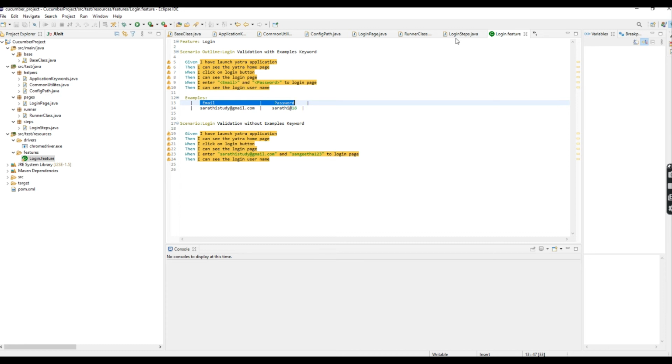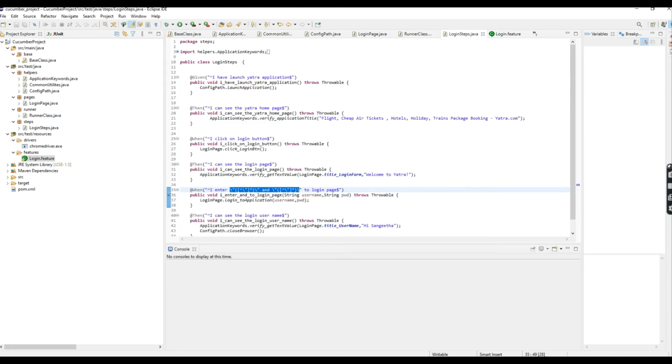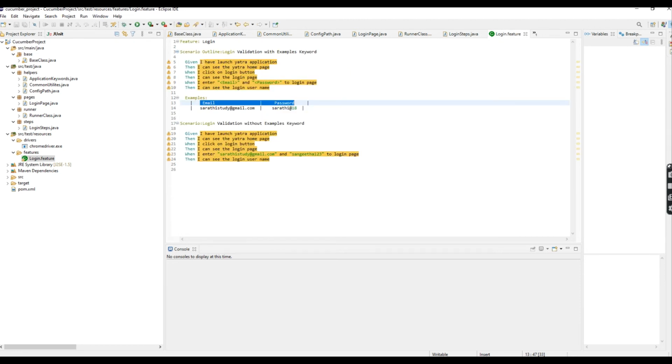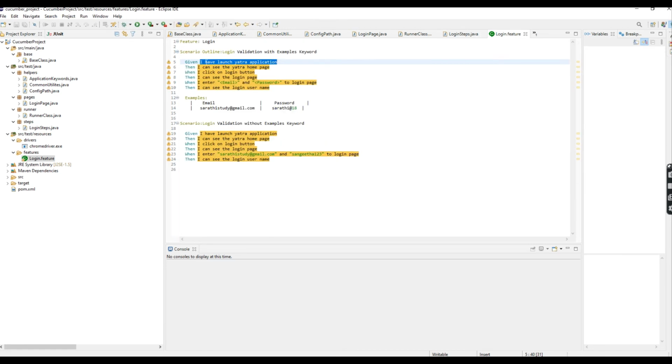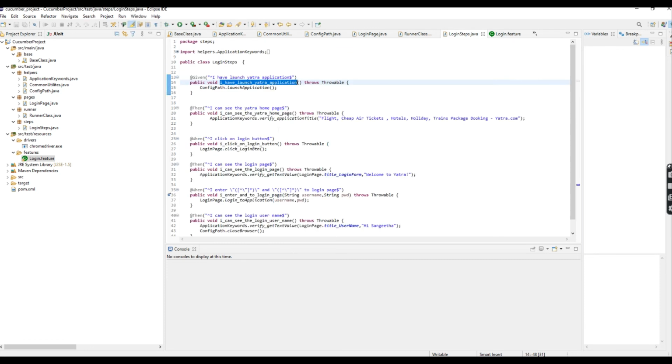Go to login steps. You have to make sure this sentence and this sentence are matched, and also this method name and these steps should be matched. Only then will the case run successfully. If you make any small mistake, it won't run and will throw an exception.